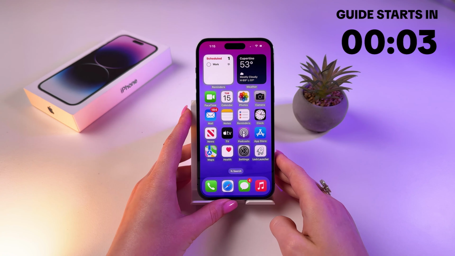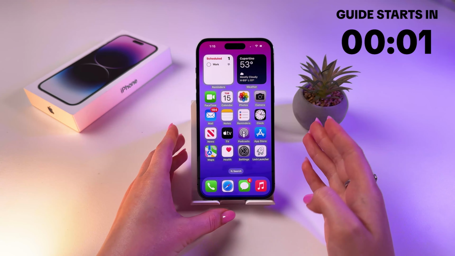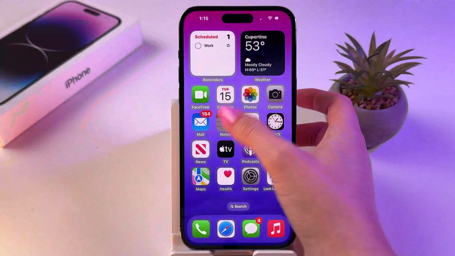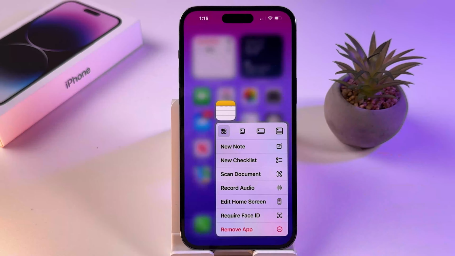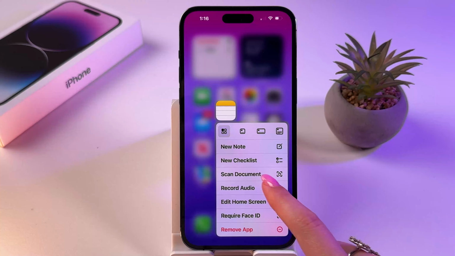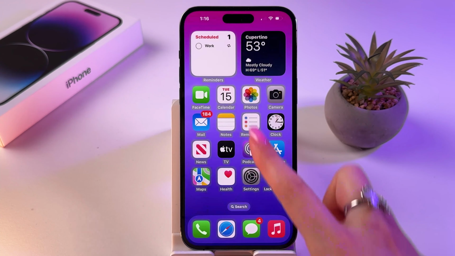Hi, let me show you how to scan photos on iPhone. For that, find your Notes app, and now you can press and hold its icon to find option Scan Document,